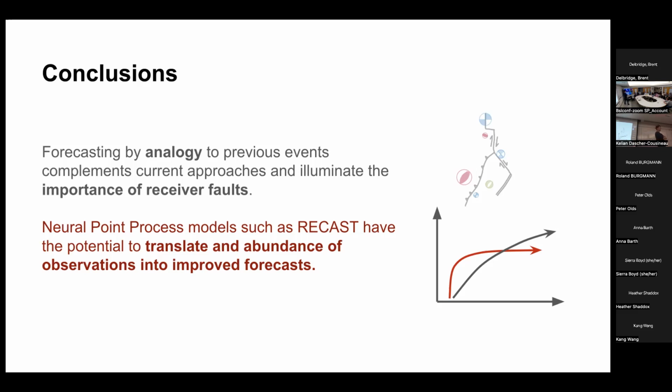Yes, so you showed that your recast model does a better job than the ETAS. As we know, ETAS is a combination of our known knowledge, like physical constraints on earthquakes. So if your model does a better job than ETAS, does it mean there is some physics of the earthquake we didn't consider before? I think the main physics, and it's not particularly exciting, but I think a real thing that is happening is that, quote unquote, your ETAS parameters are changing during the sequences.